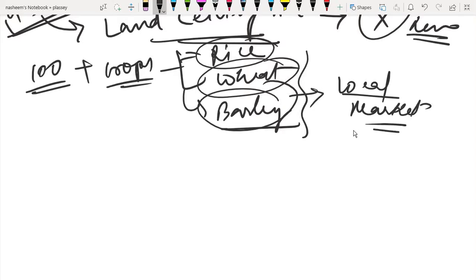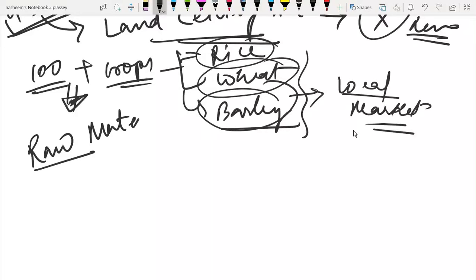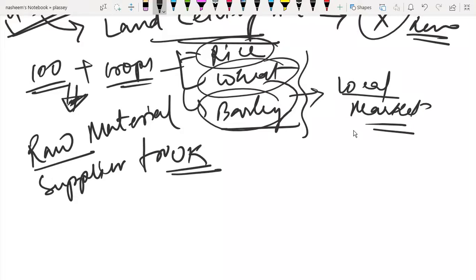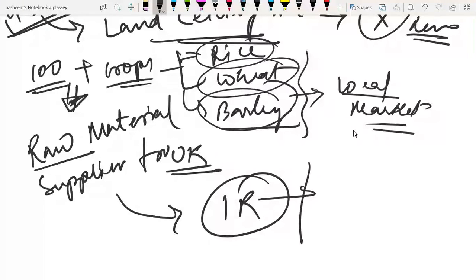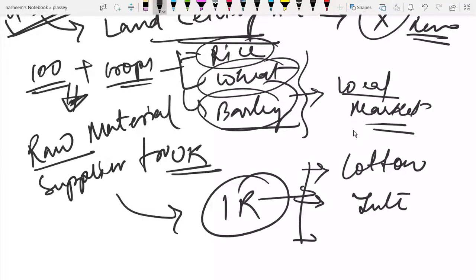This was kind of a subsistence farming. But now, when the Britishers came in, now see, India was the raw material supplier for UK, Britain. Britain में हो गया था industrial revolution, and what they needed: cotton, they needed jute, they needed sugar,